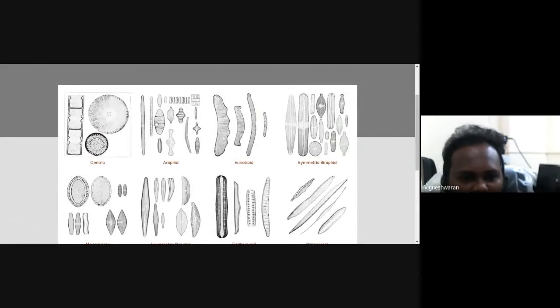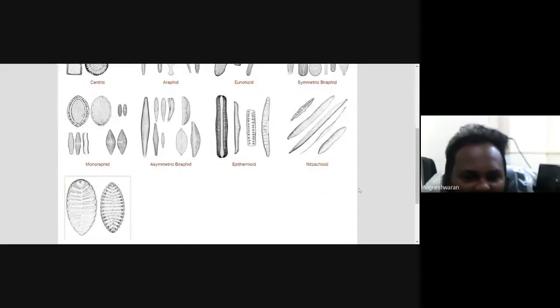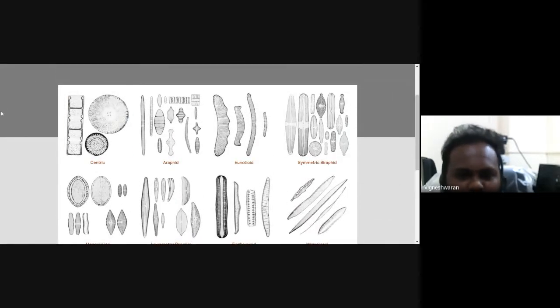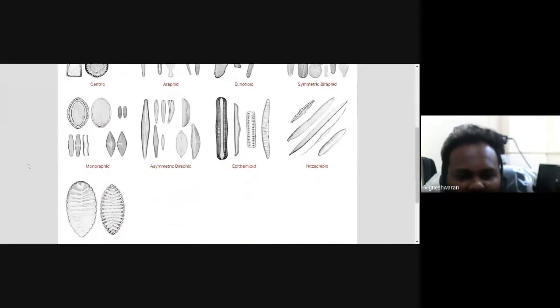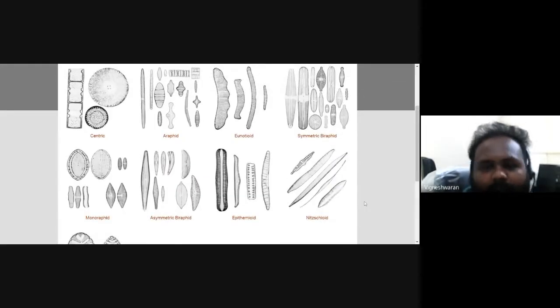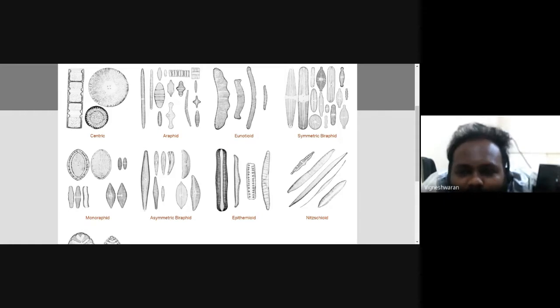Okay, so this is how they are classified, this is how we are studying. So all this study is dependent on the morphological way. We are seeing all the morphological characters and studying these diatoms. Before, there was forced fitting of taxonomy, because at that time there was no SEM, no molecular study. So people used to clump every diatom into a single genus, but now people are studying more and separating every individual genus. The diatom systematics we are working on is far better than it was some 10 years ago.